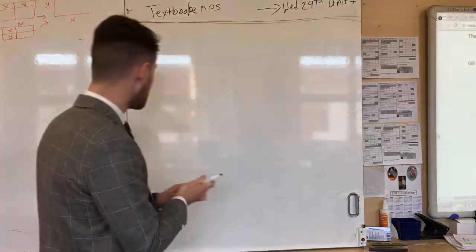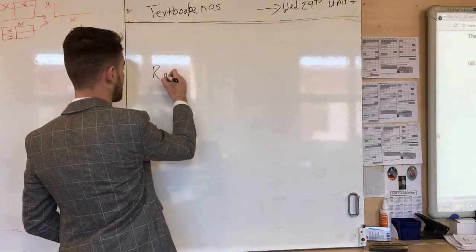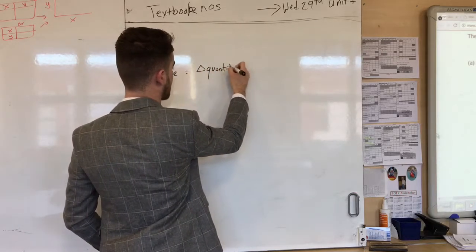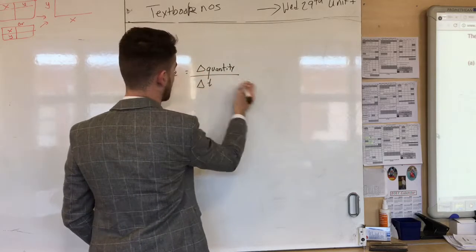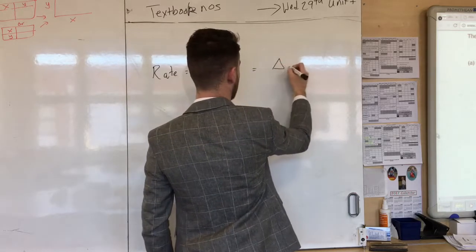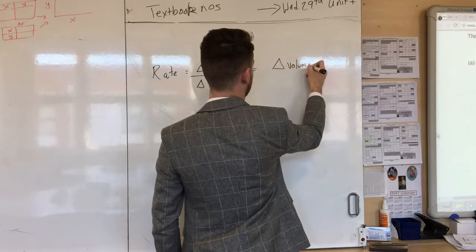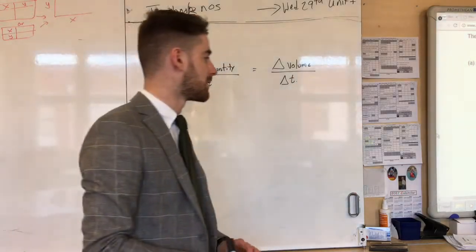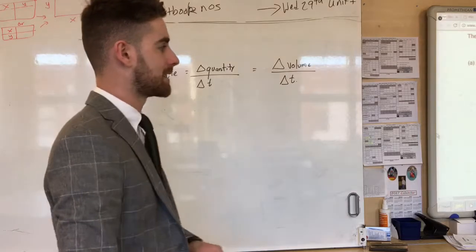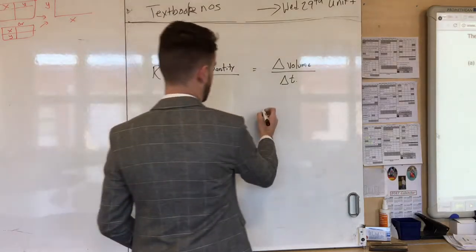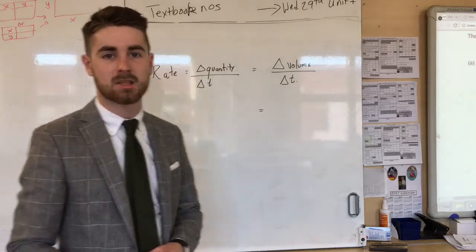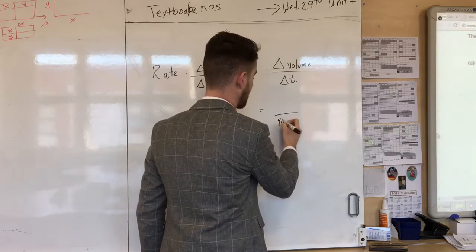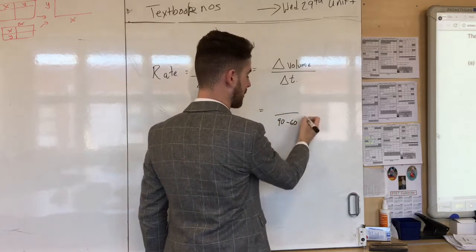So the generic equation would be rate is equal to delta quantity, or a change in quantity, over the change in time, or specifically for this reaction, change in volume over change in time. What we are asked to do is calculate the average rate of reaction between 60 and 90 seconds. Between 60 and 90 seconds means that you're looking at a 30-second period. So the change in time is going to be 90 minus 60, sorry,